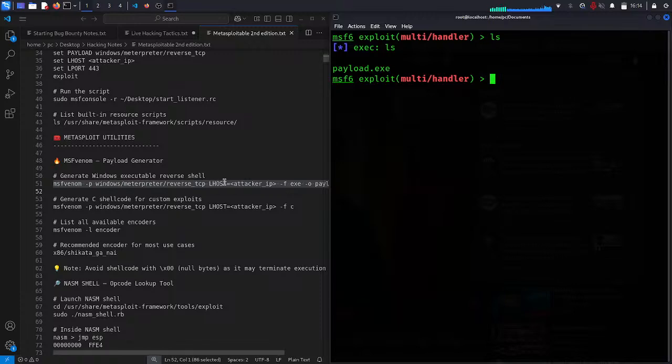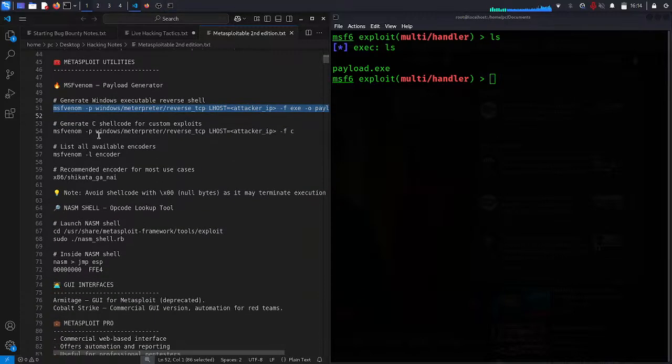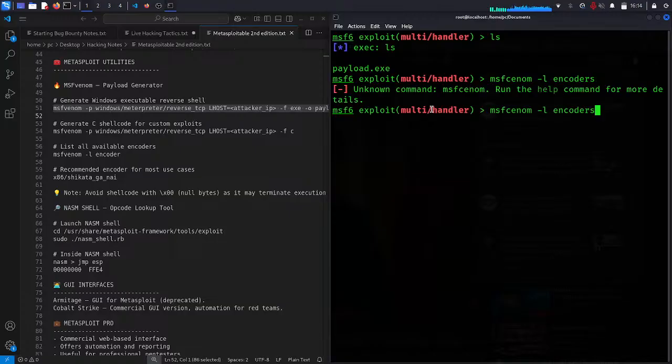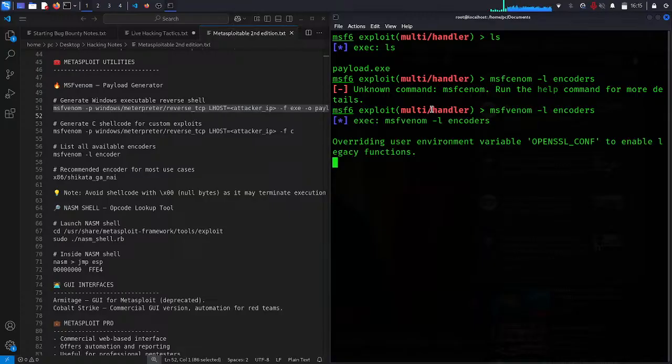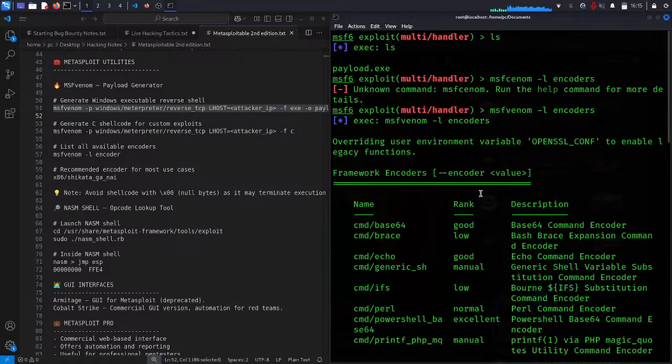Let's go back to our Windows over here, and we see more executable payloads. As you can see there, list all available encoders. Ooh, so that's another thing that I forgot, that I left out. Encoders. Always make sure you spell everything right as well, because it's a pain in the butt when you get it wrong. So if you guys don't know,